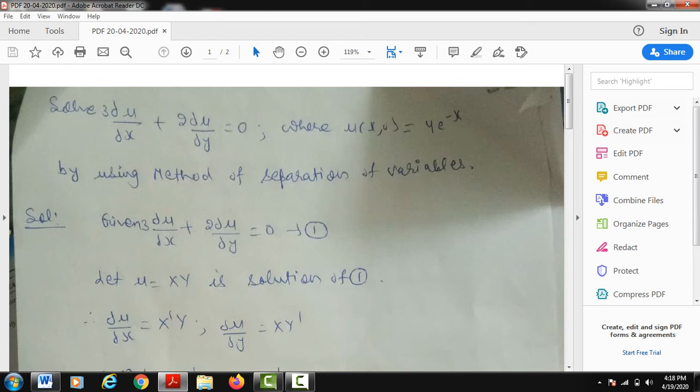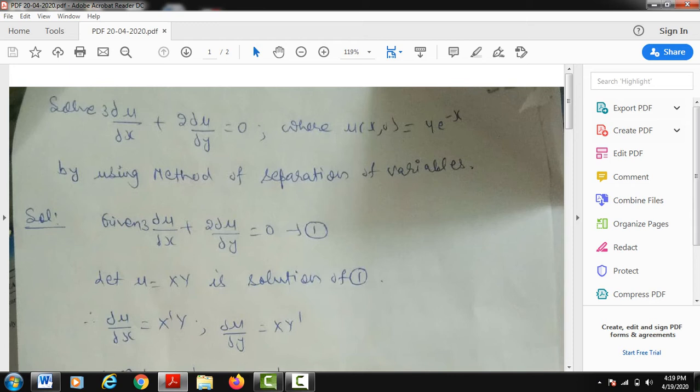I will discuss with you how it works firstly, then I will illustrate the concept of this method by giving you some examples. Basically, the method of separation of variables is a method used to solve a partial differential equation of any order, first order, second order, third order, or any other order. So how does this method work? Firstly, we denote the given equation by some number like 1, 2, 3, anything you can give. Firstly I will explain the steps and then I will explain the numerical.